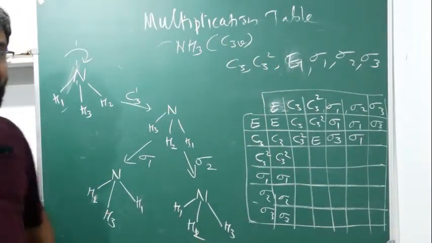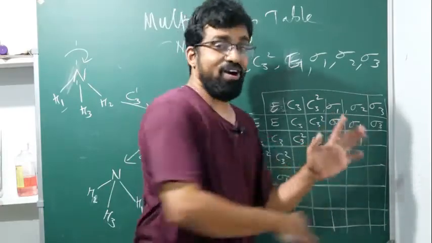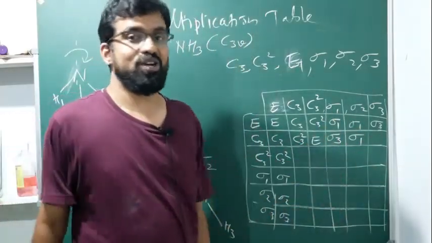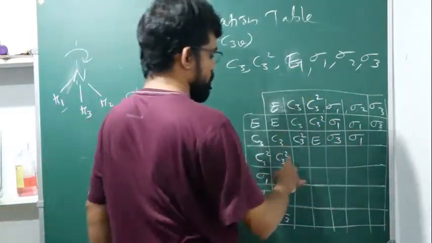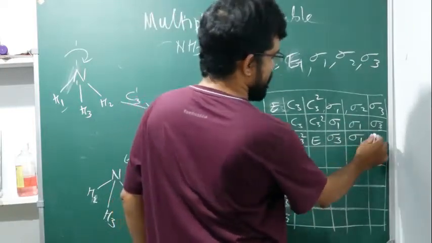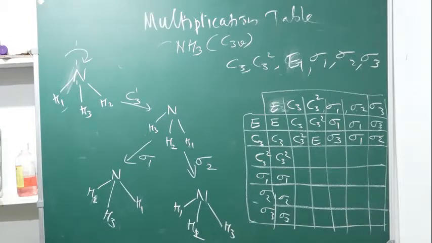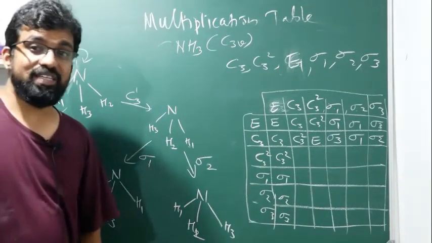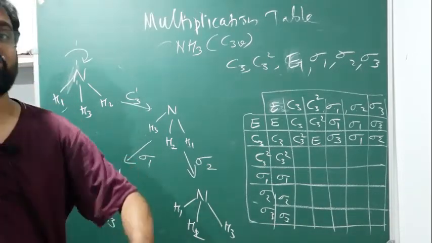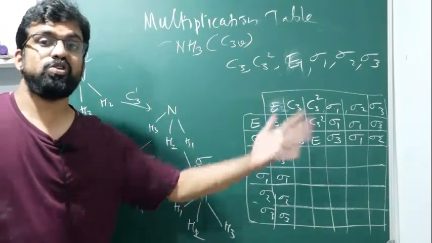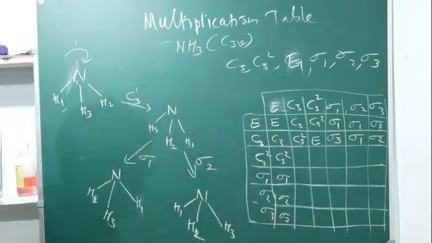One more shortcut is there. See, all operations will give all products; it should belong to the group. So all sigma 3, it should be sigma 2. You can check it again. And let me tell you, sigma 1 into sigma 2 is not sigma 2 into sigma 1. Okay, let us look at